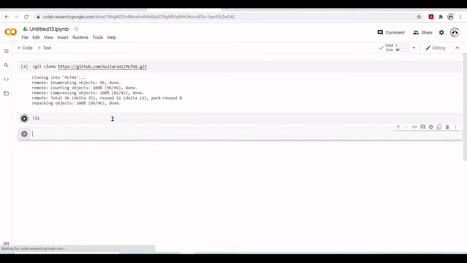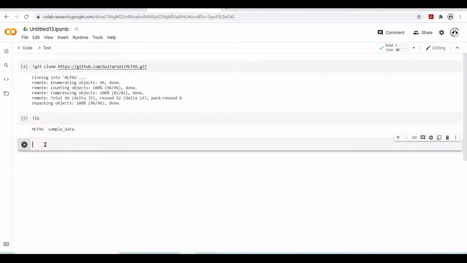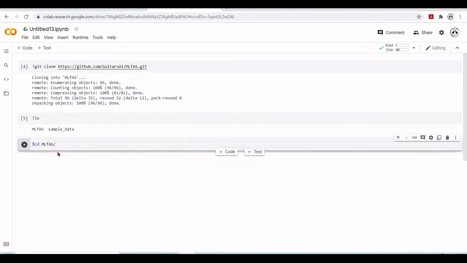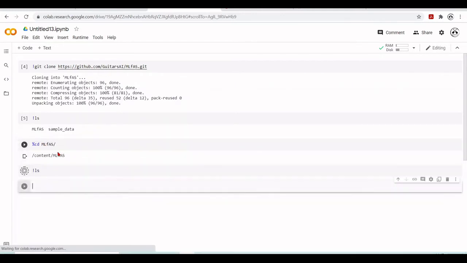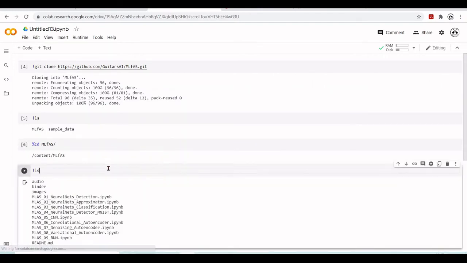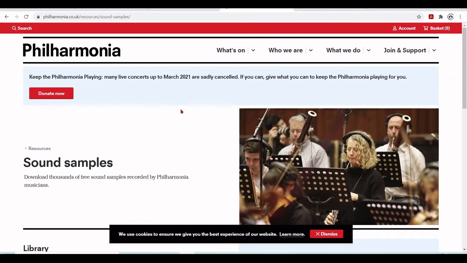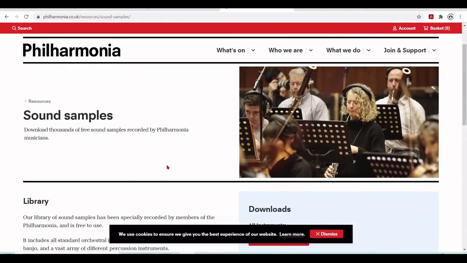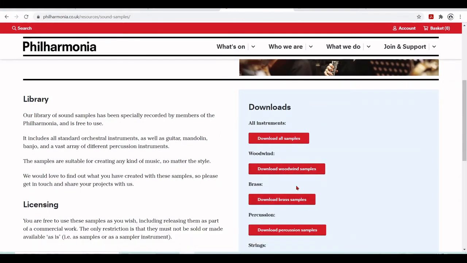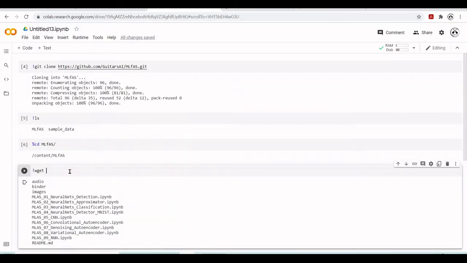See, it's now part of our directory structure, and we can go to the directory. We have all these files and subfolders. So we can also use wget. So for example, if we go here to this London Philharmonia website, and there is this data set of sound samples, and we can, for example, have here Woodwind. We copy the link, go here, use wget,